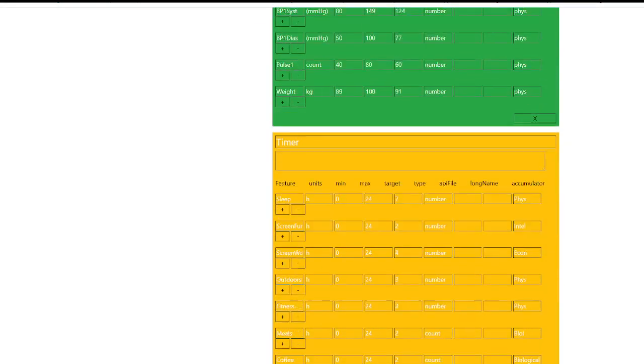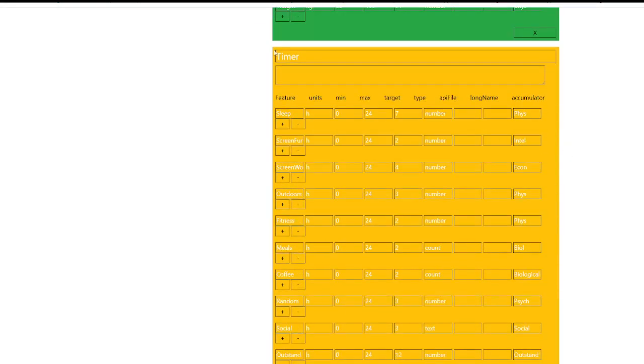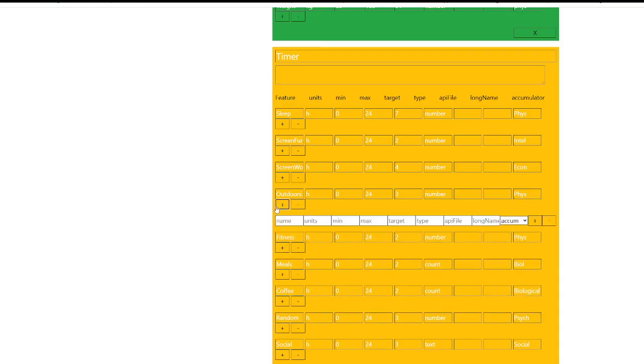So there is a whole list of different items. I keep an eye on those items every day, and I would like to add to this list a new feature, which is exploration time, and the natural place to add this timer would be the timers table. Let's say under the outdoors feature. Yeah, click on the plus button here, and then fill in those